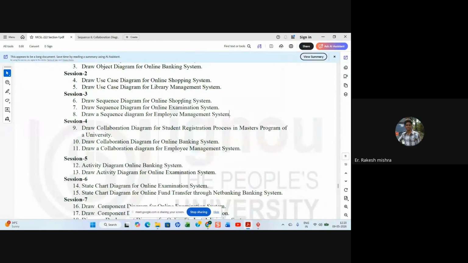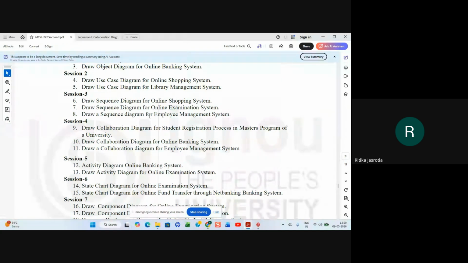If it is not a 10 marks question, only a 2, 3 or 5 marks question, then make only one process, whatever process you think is important. It depends on the number of marks asked in your question.